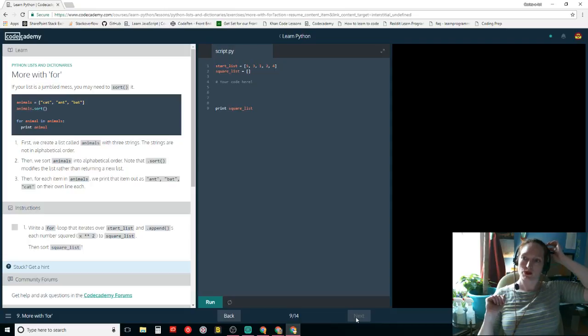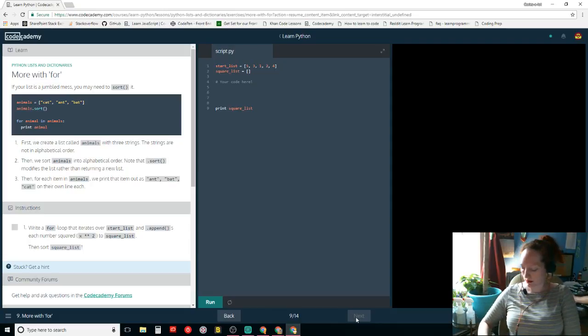If your list is a jumbled mess, yeah, this definitely sounds like something I'm going to need to know how to do. We need to sort it. First, we create a list called animals with 3 strings. The strings are not in alphabetical order. We sort animals into alphabetical order.